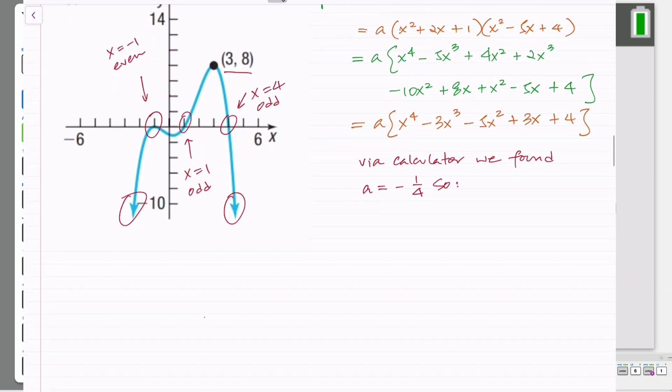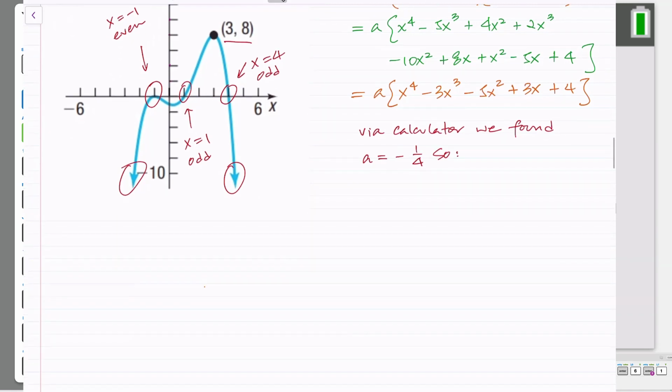So, what's my final answer going to be? Well, I'll just write it a couple of times. So, the first version of the answer is just going to replace the A as you see it up there. So, P of x is minus 1/4 times the quantity x to the 4th minus 3x cubed minus 5x squared plus 3x plus 4. But I don't know that your learning management system would accept it in that form. You know, usually they're pretty rigid about those kinds of things. So equivalently,